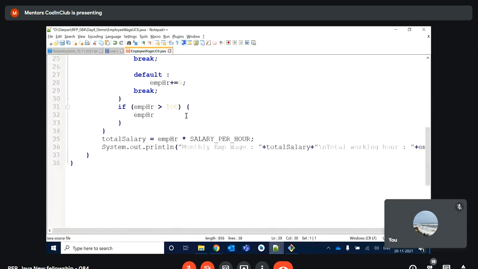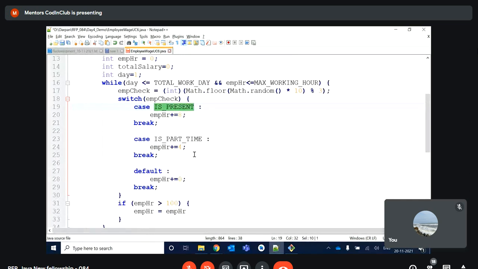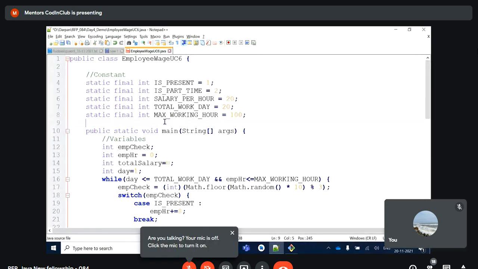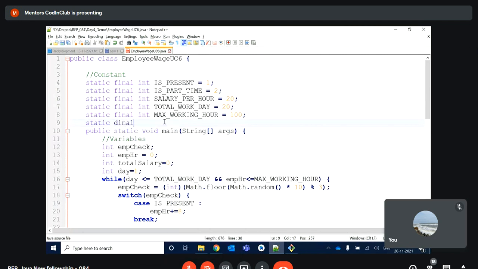So in that case, I will subtract the employee hour there. Based on that, final integer full day working hour equal to 8.